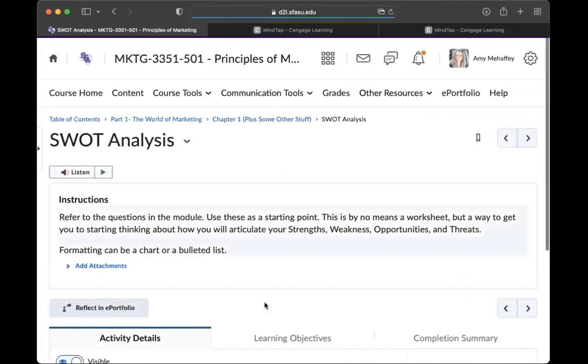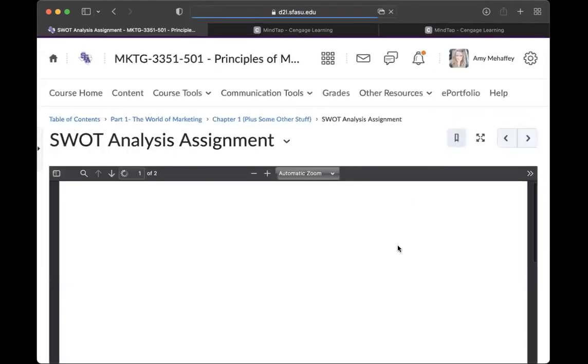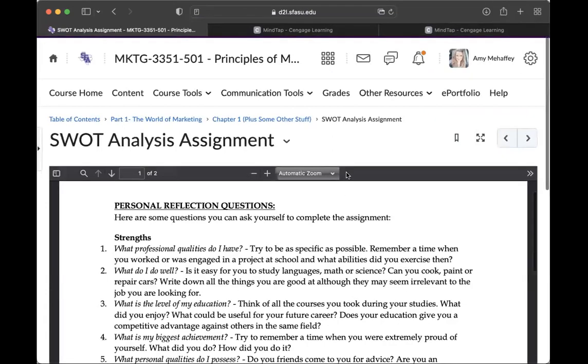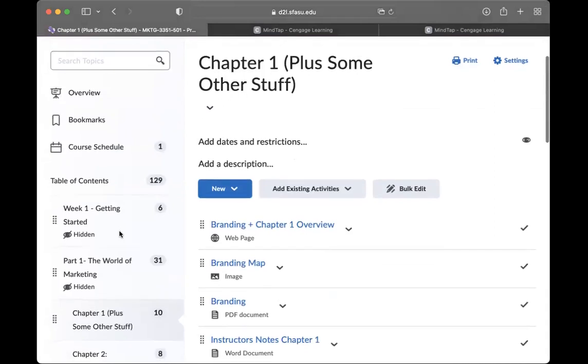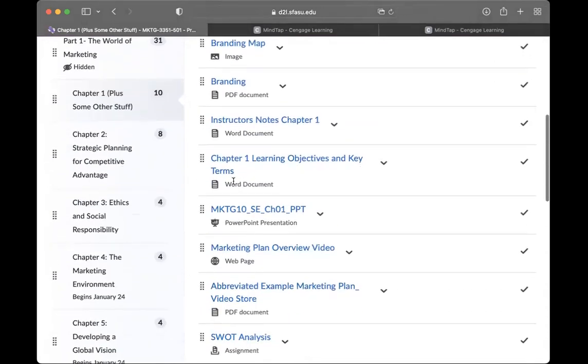So as you can see in here, if you just go to the SWOT analysis, you may be like, wait, I'm confused, I'm missing something. But if you continue to click, you will see there's other types of information. So this is the case for every module. Your quizzes will also be embedded in here.